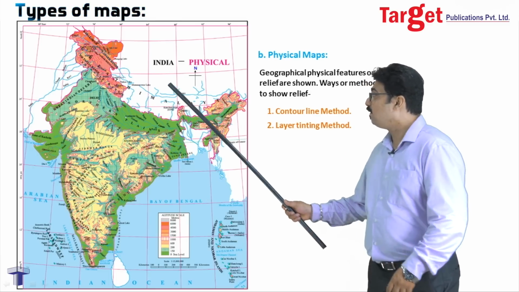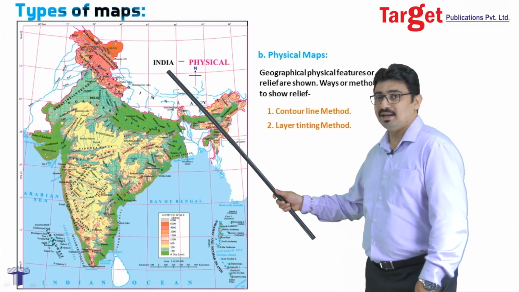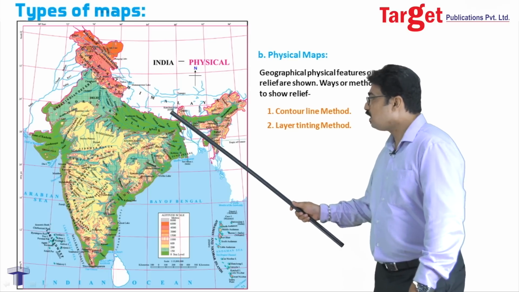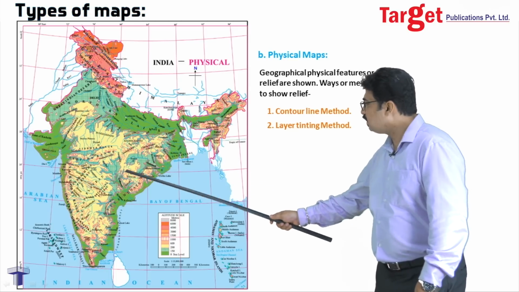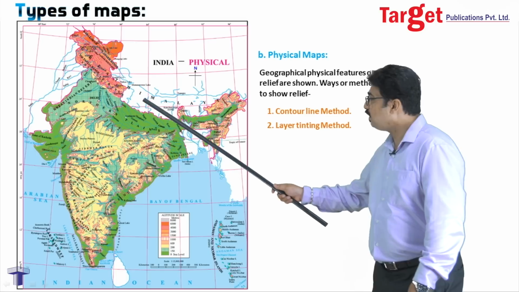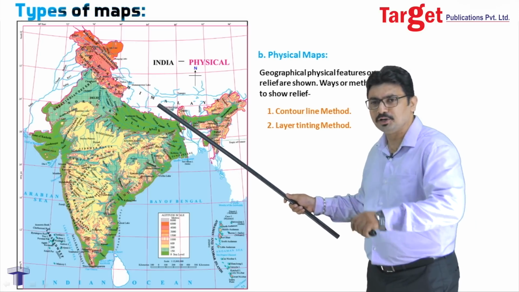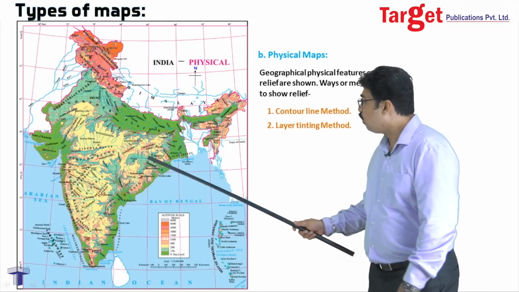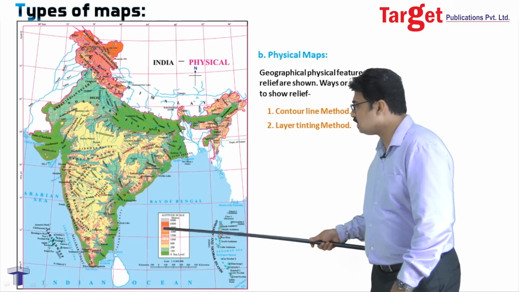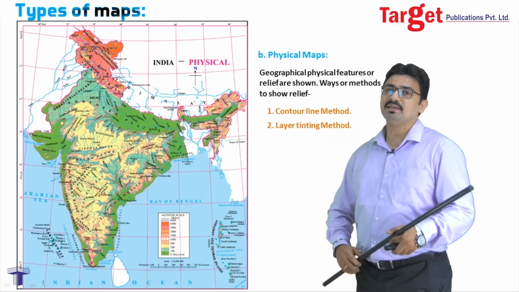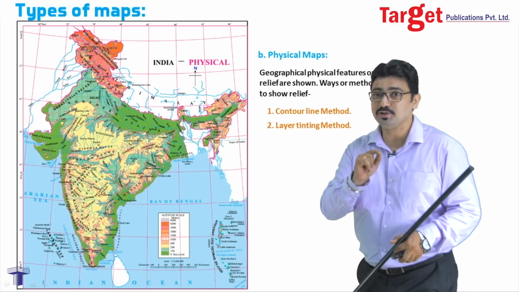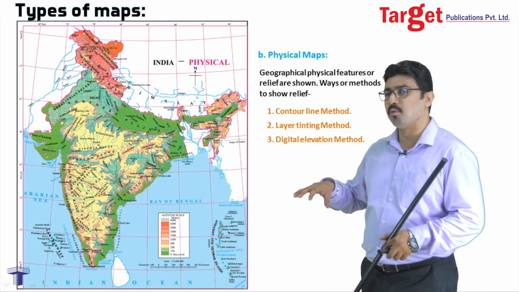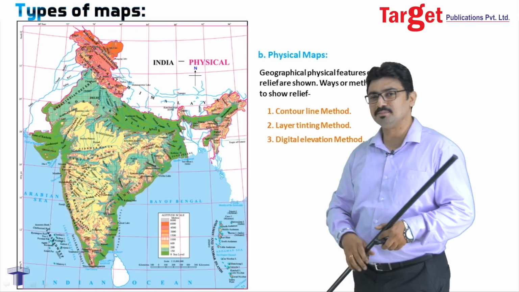We started with the area of highest altitude near the Himalayas. We went on with the area of a little lower altitude near the Deccan Plateau. Then we went ahead with the area of a little more lower altitude in the Ganga Plains. And further ahead, at the lowest altitude, were our coastal regions. So see, the layer tinting method is also very important to show physiographic features. We very well understand what lies where with the help of this method.